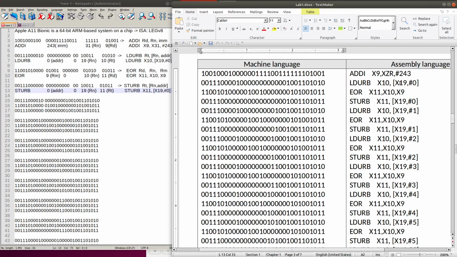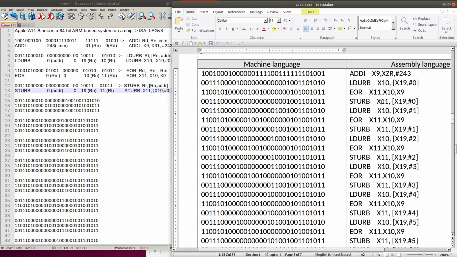For this code, we will load the first data in memory into X10, and then the exclusive OR takes X10 and X9 together and stores into X11.